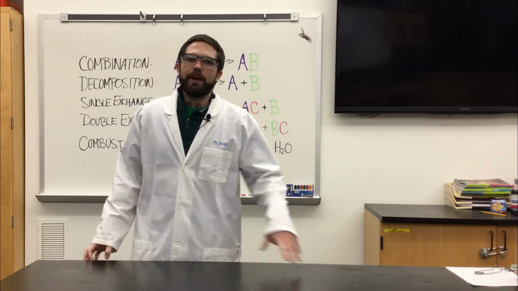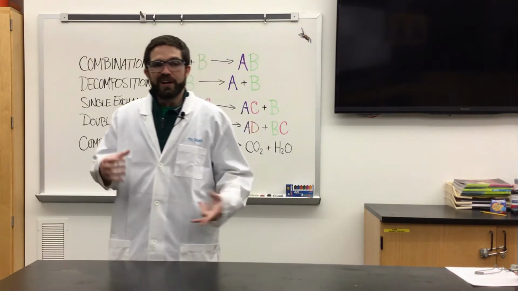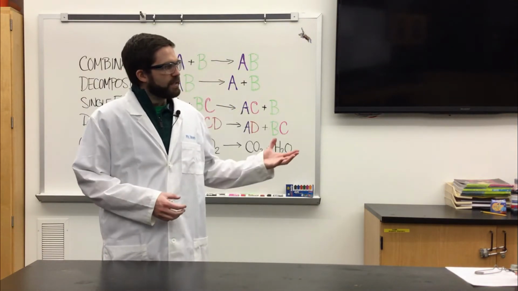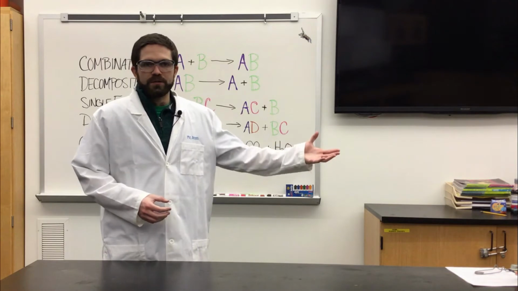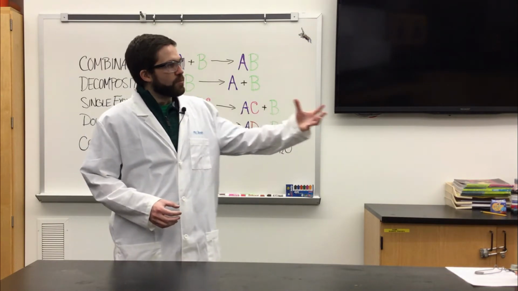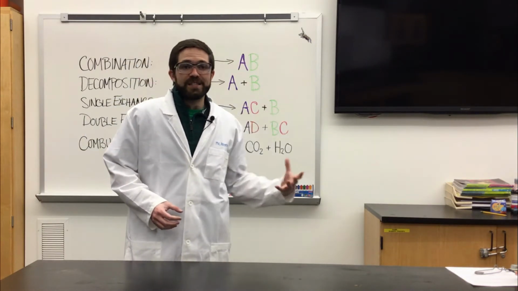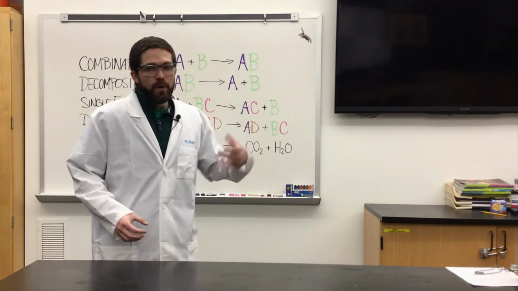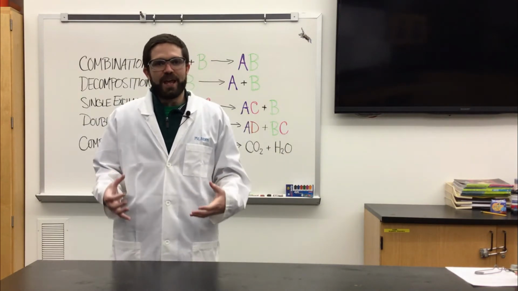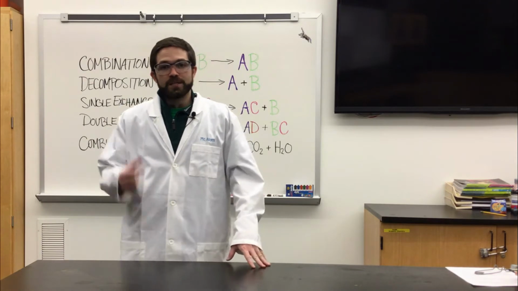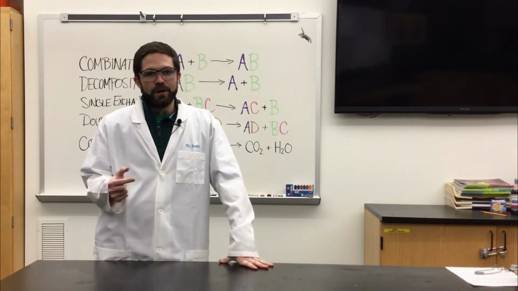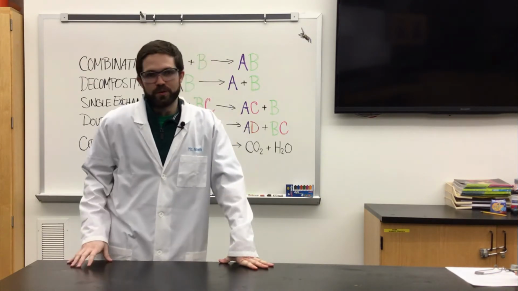Now we've talked all about chemical reactions. We know that in a chemical reaction, we have reactants and products. The reactants change into the products through a process known as a chemical change. And we know that there are a bunch of different indicators of a chemical change, signs that a chemical change is going on and that something new is being created.